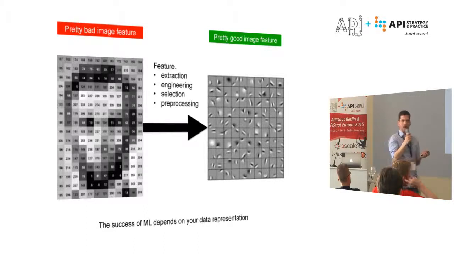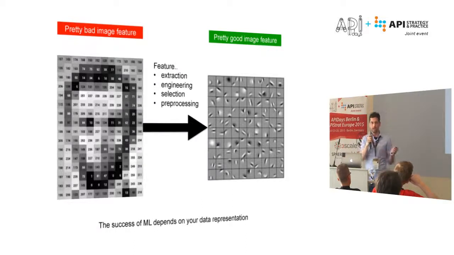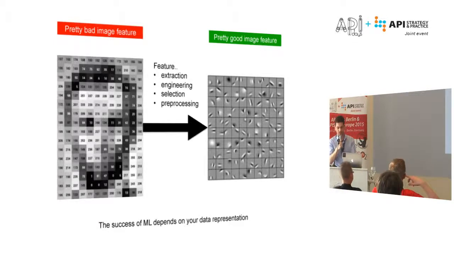So people spend a lot of time just thinking about good features. And the computer vision literature is full of that. You really have the strangest features there. They are called HOG and SIFT and whatever, right? Just to find a better expression for what you can see in the image. And this is what a machine found at the end. Unfortunately, deep learning only really works when you have a lot of data and only for certain problems. But you still always need a good feature.